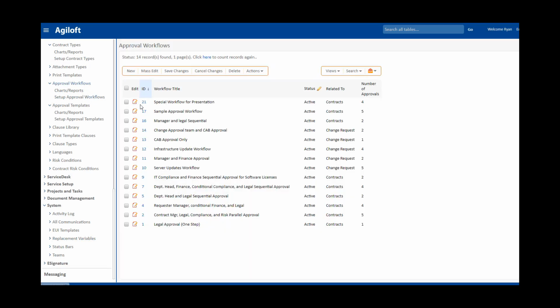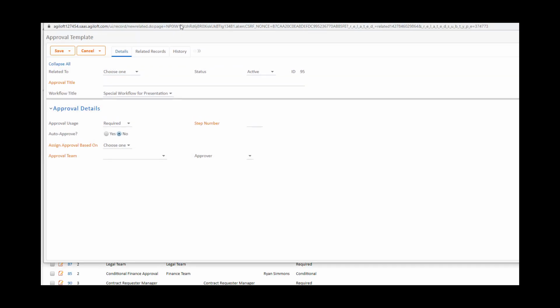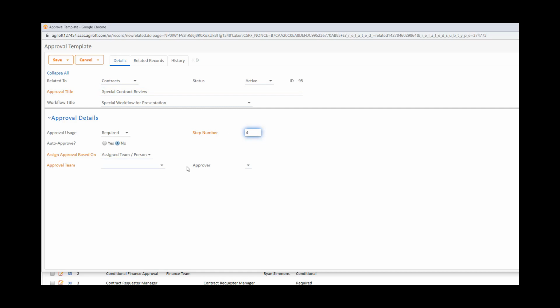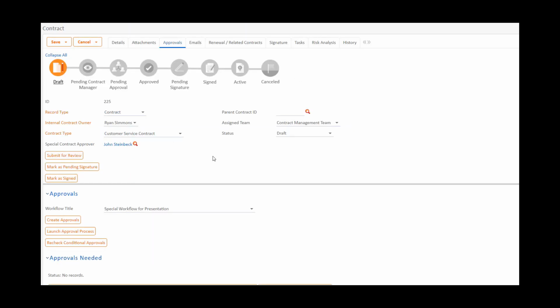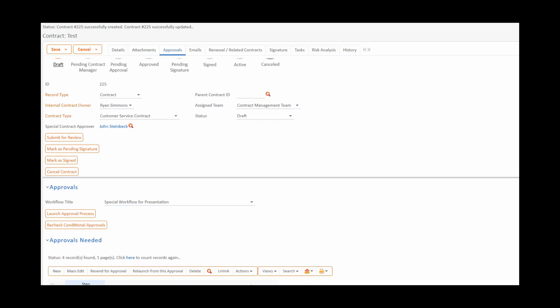Let's add an approval template to the existing approval workflow that we were working on earlier and call this Special Contract Review. Assign the approval based on the person from the contract, which was set by the replacement variable earlier, and select the list value that we entered and save. With this updated approval workflow, let's take a look at a pre-filled contract with John Steinbeck as the special contract approver. Click Create Approvals, and now for the moment of truth, let's take a look at